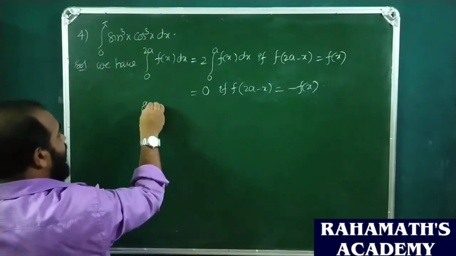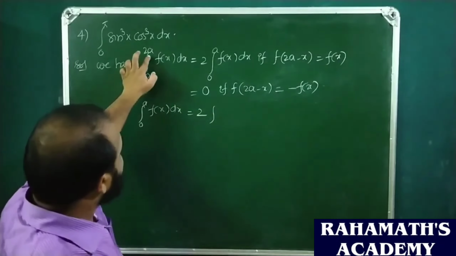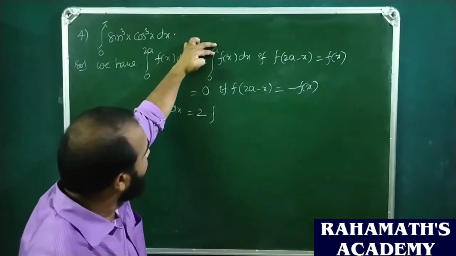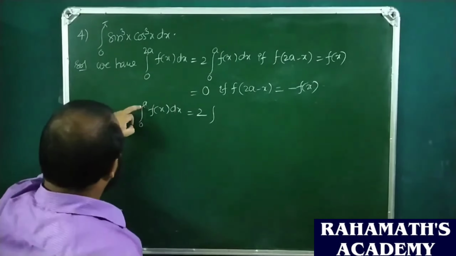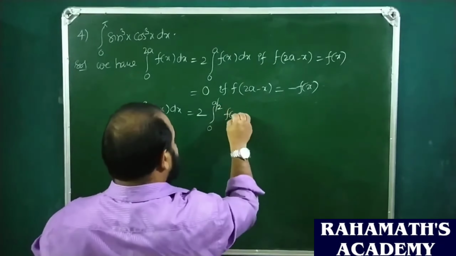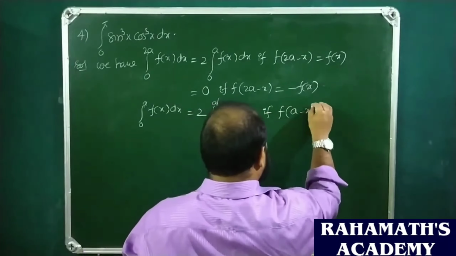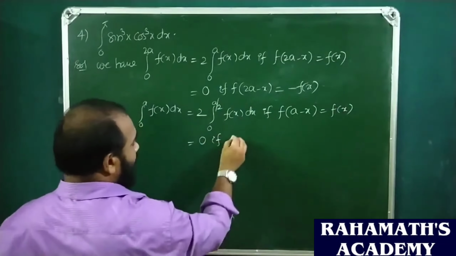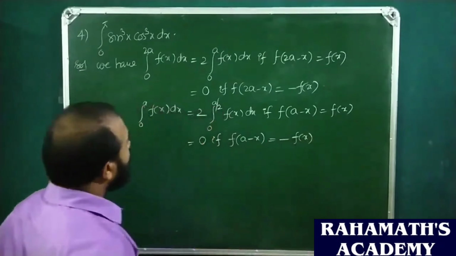Similarly, had it been 2a, the 2 will come forward and the upper limit becomes 2a by 2a. In the same way, for 0 to a, the 2 will naturally come forward and half of this upper limit is used: 2 times integral 0 to a by 2 f of x dx if f of upper limit minus x equals f of x. The value is 0 if f of a minus x equals minus f of x. So for this